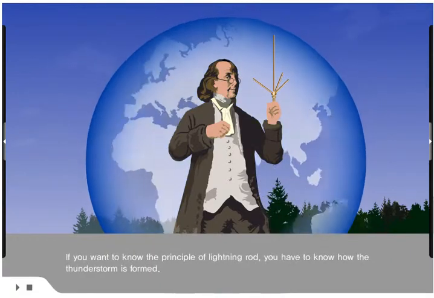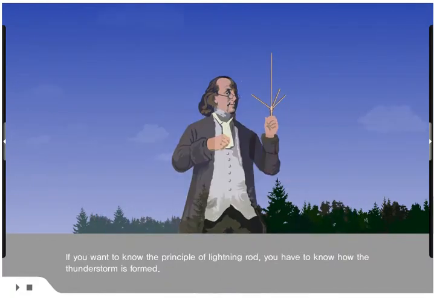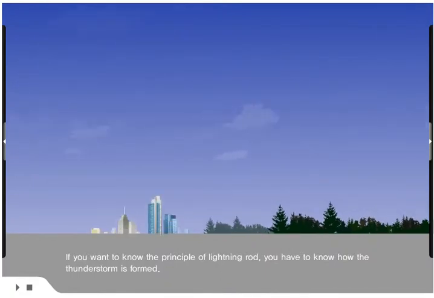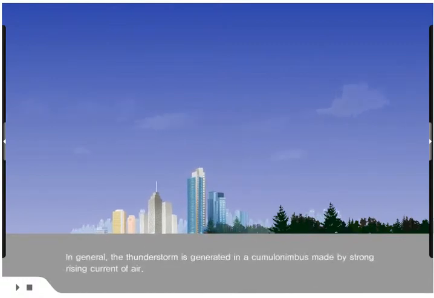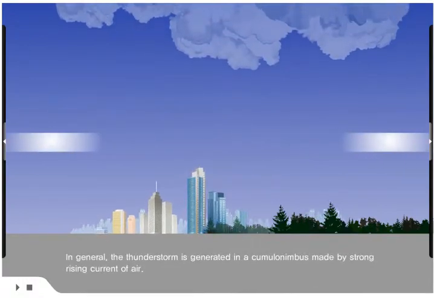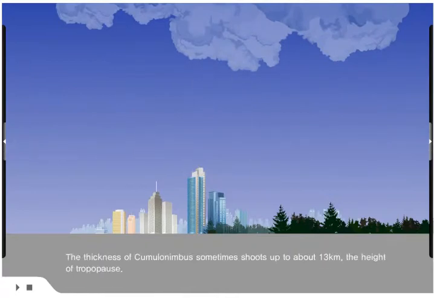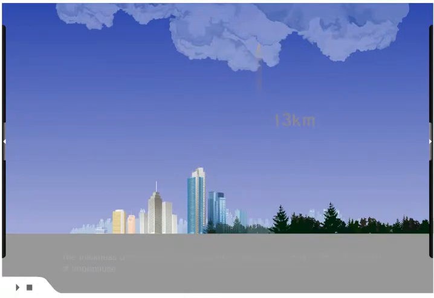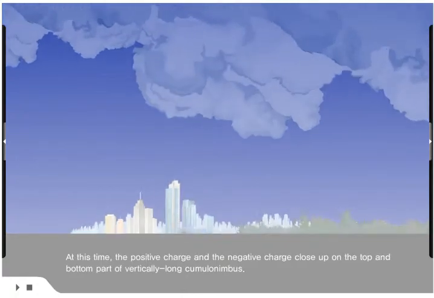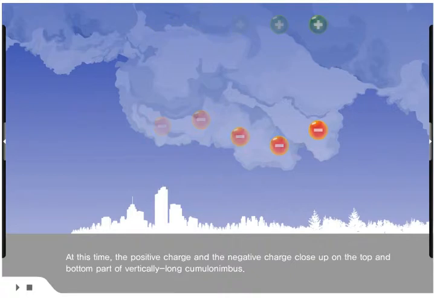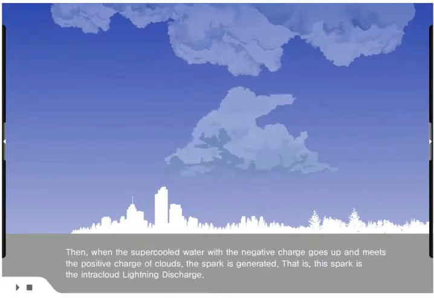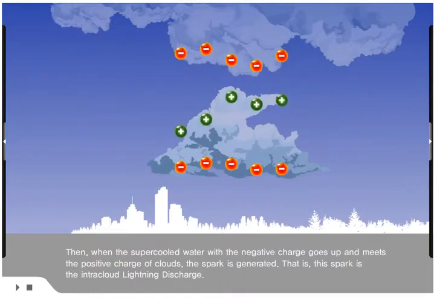If you want to know the principle of the lightning rod, you have to know how the thunderstorm is formed. In general, the thunderstorm is generated in a cumulonimbus made by a strong rising current of air. The thickness of a cumulonimbus sometimes shoots up to about 13 kilometers, the height of the tropopause. At this time, the positive charge and the negative charge gather on the top and bottom parts of the vertically long cumulonimbus. Then, when the supercooled water with the negative charge goes up and meets the positive charge of the clouds,